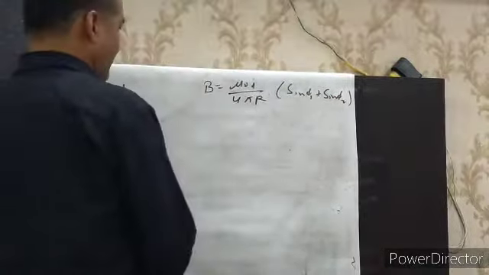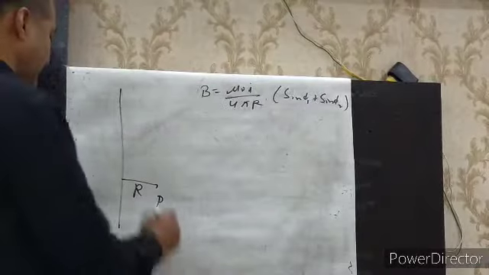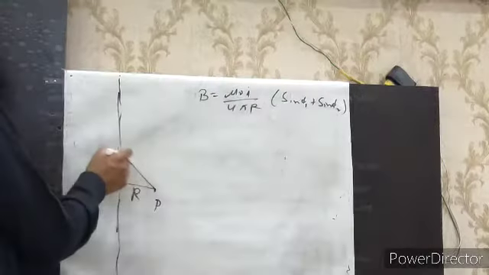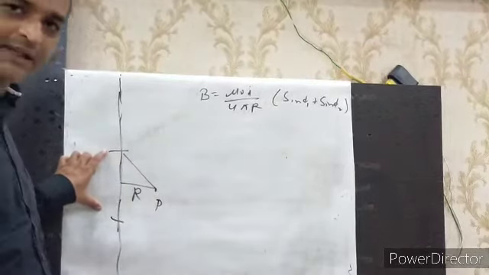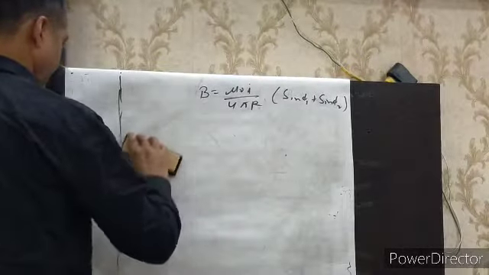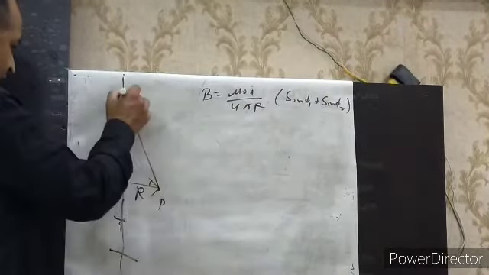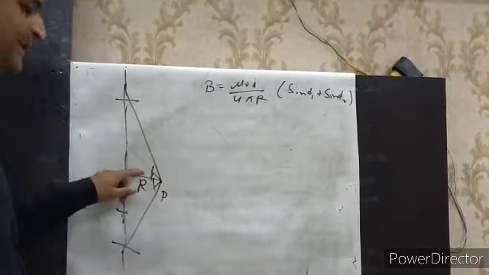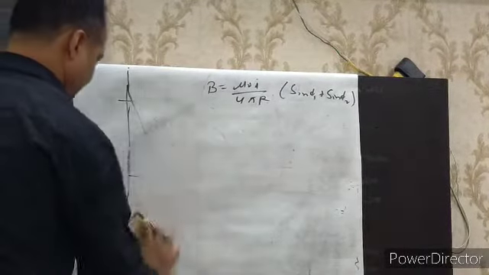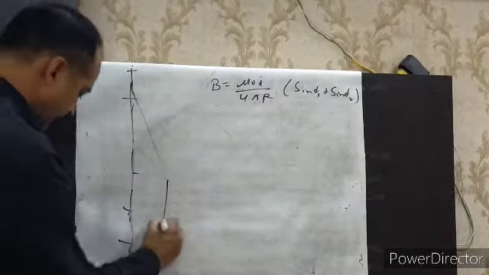Clear? Now if we are going to find the magnetic field for a long wire, meaning infinite length. Suppose the length of the wire is only this one, then this is phi 1 and this is phi 2. If we take this longer length, then this one is phi 1 and this one is phi 2. Now you can see that phi 1 and phi 2 have increased. If we take this length, then it is like this.